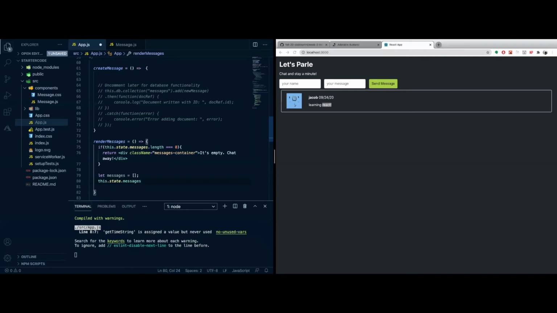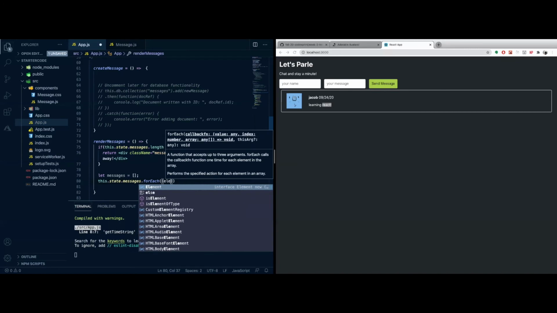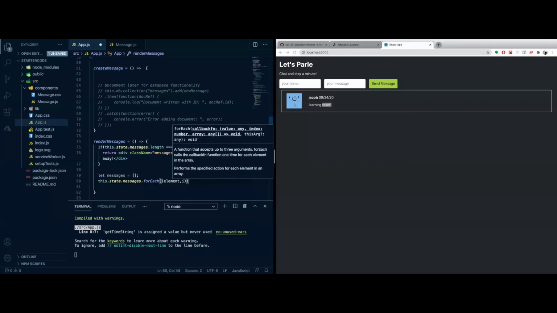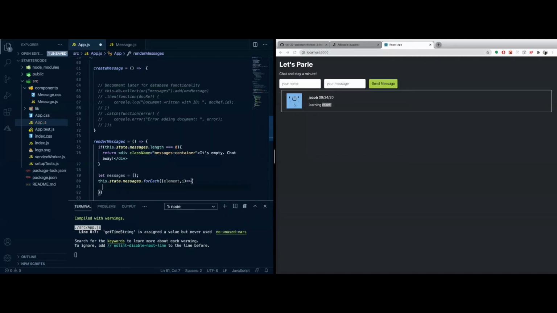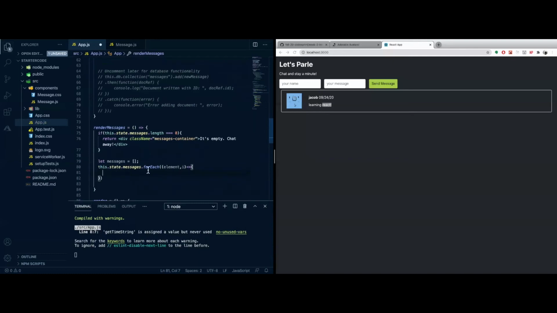And if you've gone over last week, you'll know that this is a higher order function. So forEach takes in another function, and our anonymous function is going to take in the parameters of element and i. And then essentially, we're going to do that. All right, so forEach is going to go through each of our messages